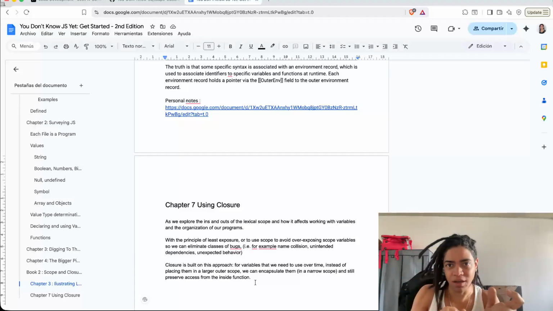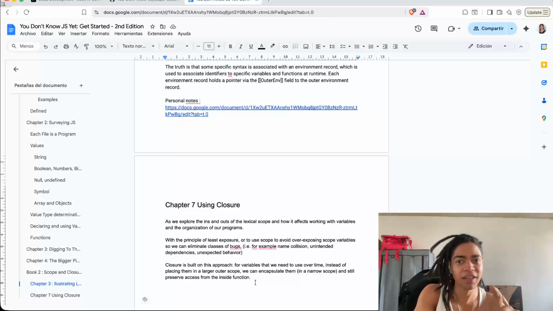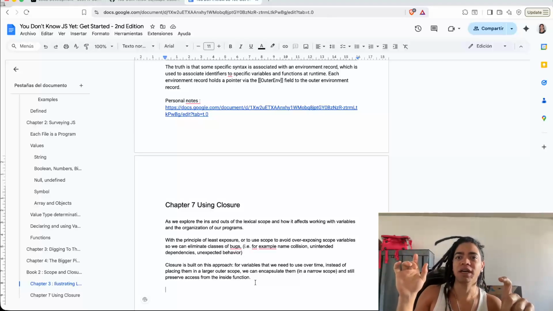To eliminate an entire class of bugs, we follow the principle of least privilege, or least exposure, so we can get rid of name collisions, unintended dependencies, or unexpected behaviors. So closure builds on that and says for variables that you need to use over time, instead of